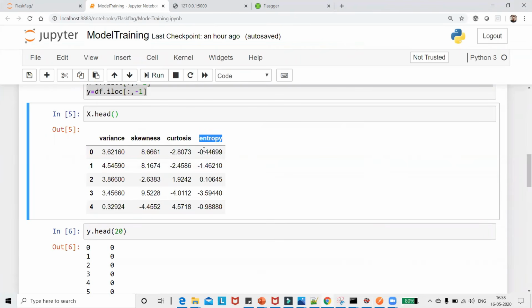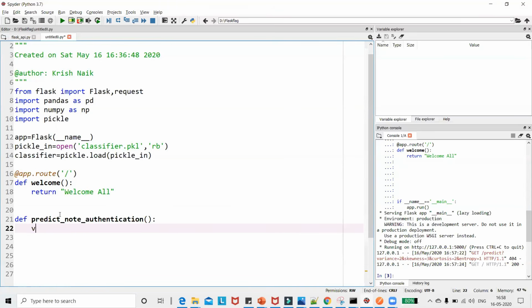Inside these 4 features, I'll create 4 variables. My first feature is variance. Suppose I'm sending these values as a GET, I have to provide these variable values, and only then will I be able to classify through my classifier.pickle file.